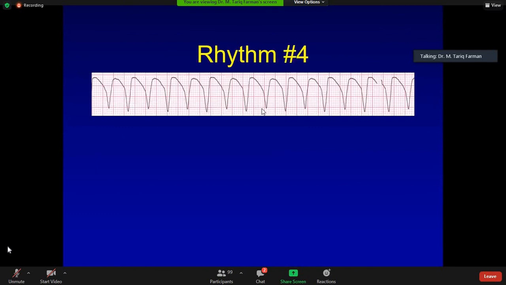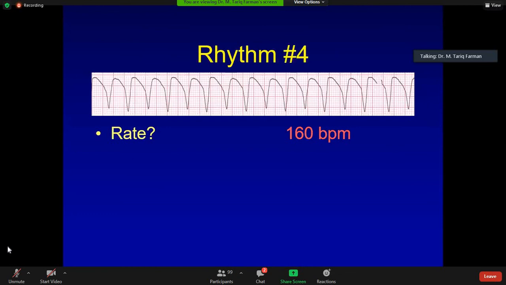What is the rate? 300, 150. It's more than 150, right? So there is definite tachycardia, and the QRS complexes are morphologically broad. So the origin of the QRS complex is from the ventricle. So this is called ventricular tachycardia,